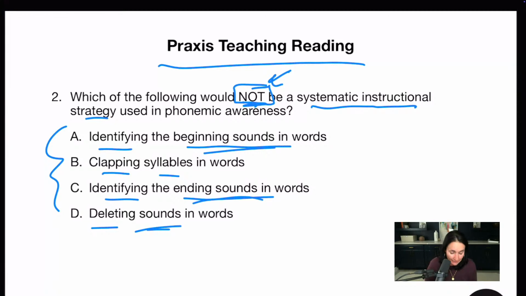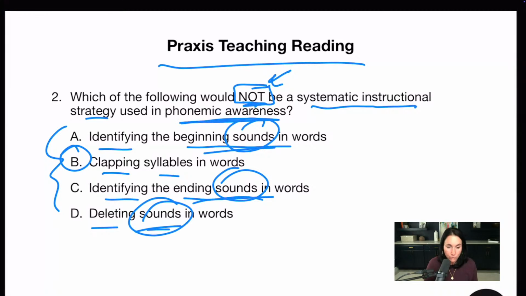So right away, even if I don't know anything, think like a test maker. Sounds, sounds, sounds. Which one is not like the others? B. That is a strategy in test taking. It's also a strategy in test making, because they do this a lot. We're looking at phonemic awareness. Now, remember, let's do a quick recap on what phonemic awareness is. Phonemic awareness has to do with sounds only, where we break up sounds in words.